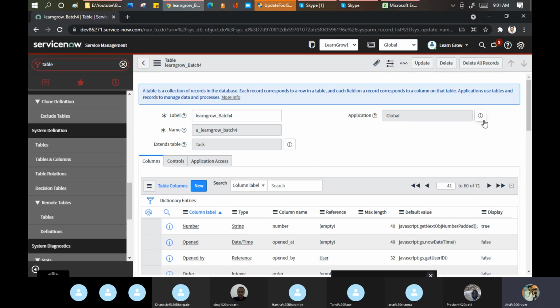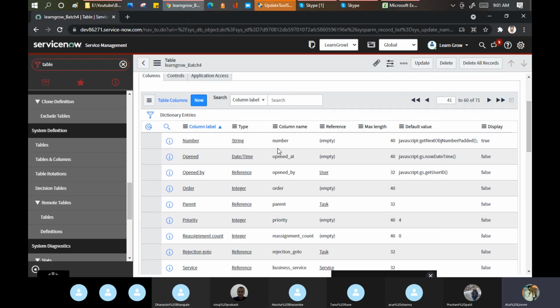Okay, all these fields are basically called the dictionary entries. I'm repeating again and again because these things you need to learn now, and then you will be able to use it in the practical part. You can use this particular information in the interview. So these are the dictionary entries.